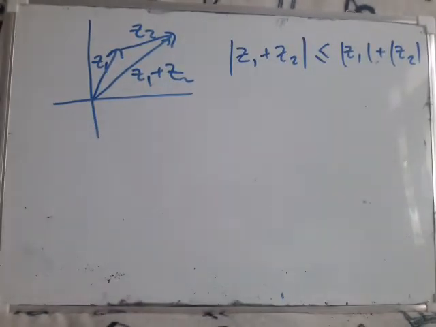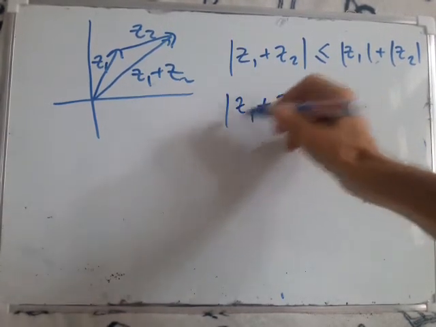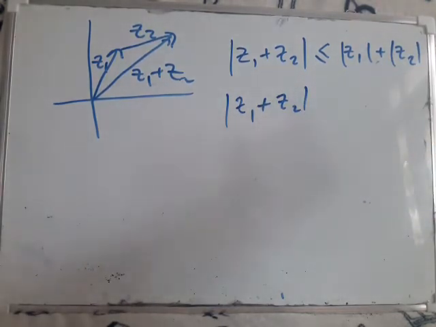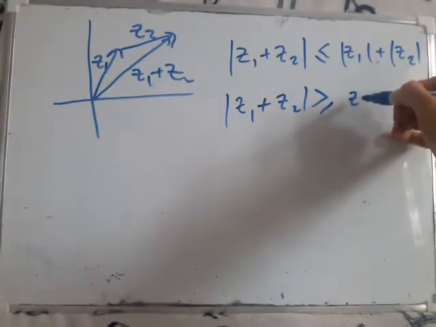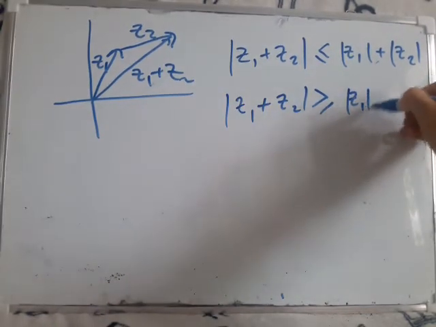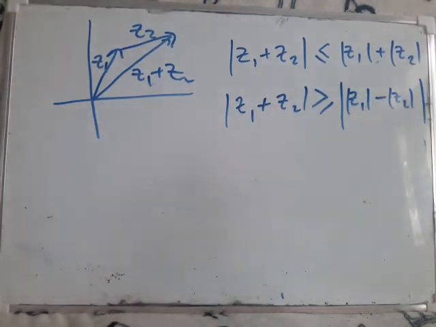There's another, slightly less well-known triangle inequality, which basically says that this has to be greater than or equal to the difference of the two lengths. Okay. So it's basically saying that